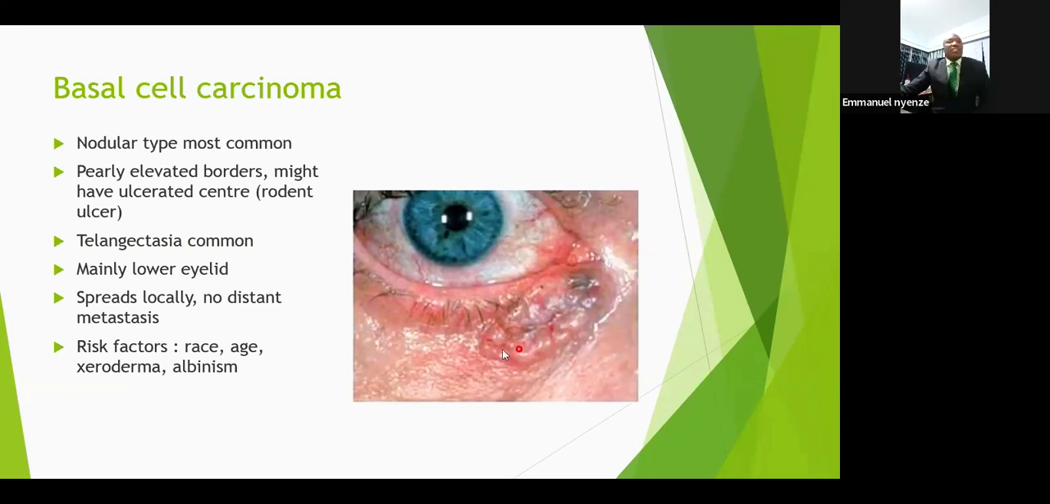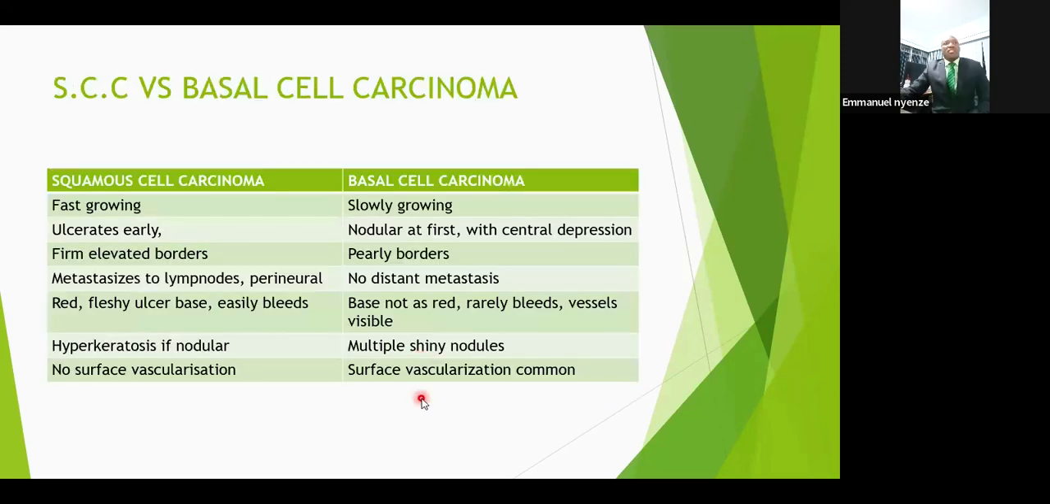It mainly affects the lower lid, just like squamous cell carcinoma also mainly affects the lower lid. It usually spreads locally with no reported distant metastasis. Again, risk factors are race, age, and other genetic predisposing factors like xeroderma and albinism. Sometimes it's difficult to differentiate between squamous cell carcinoma and basal cell carcinoma. It doesn't matter so much if you can't tell the difference, because most of the treatment is